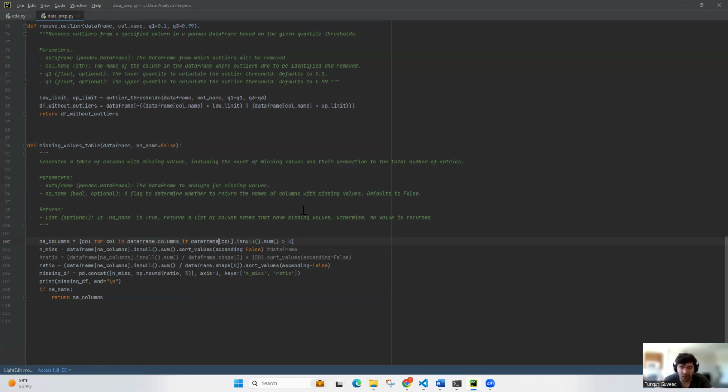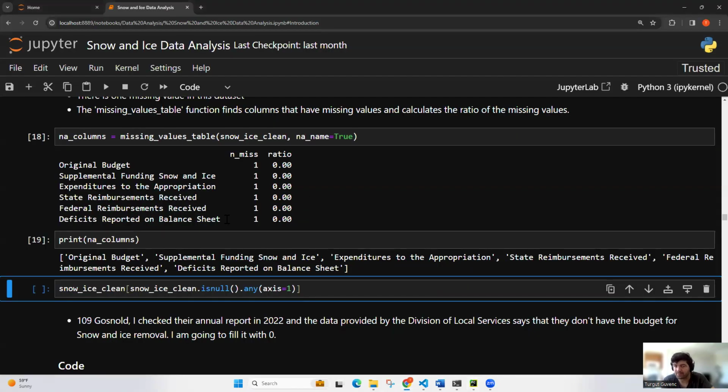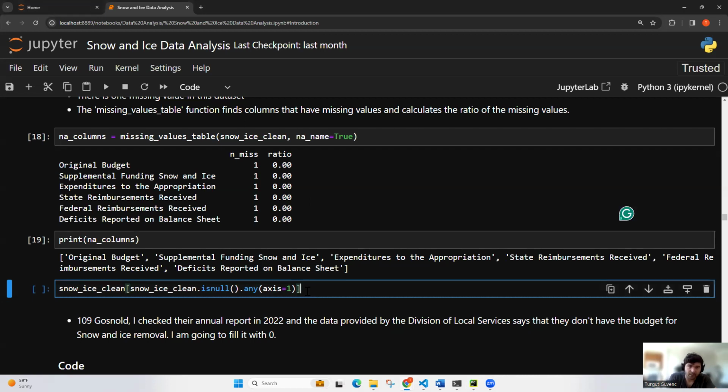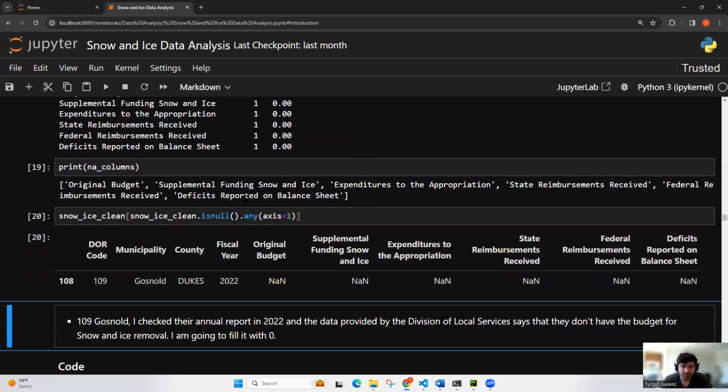Then there is also this calculation. As you can see, I showed this little Pandas data frame, which shows the number of missing values and the ratio. This is just one, and you can ignore it. It's just a 0. Okay, let's check what it is. As I said, this is